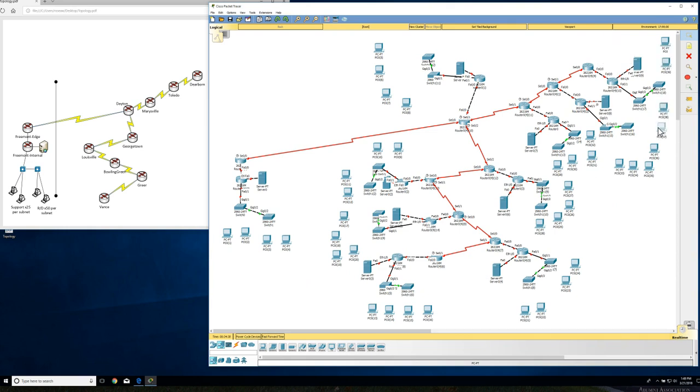Okay, so I think that puts one machine in each subnet on each switch. So all of these are going to connect with a straight-through cable. So we'll go from FastEthernet, and we will do two, one,